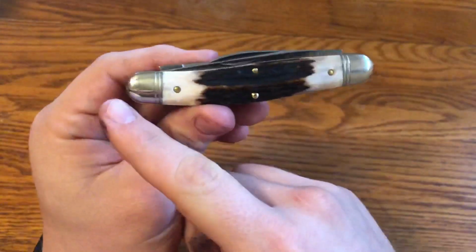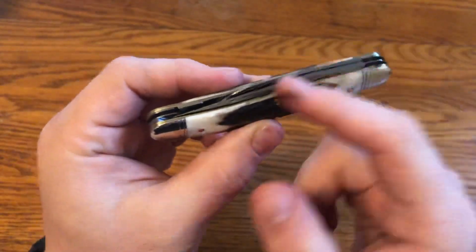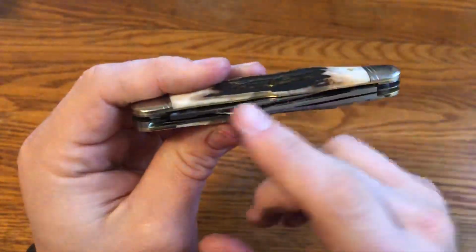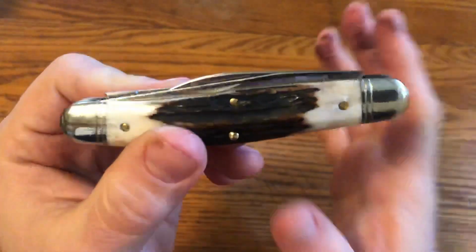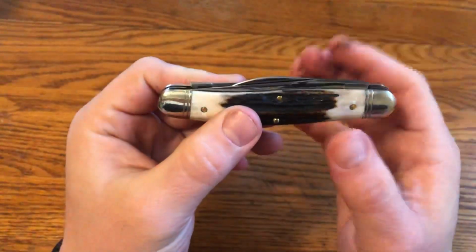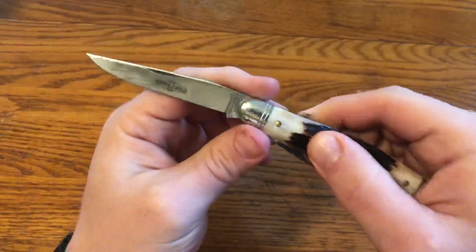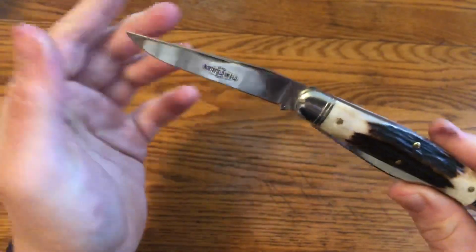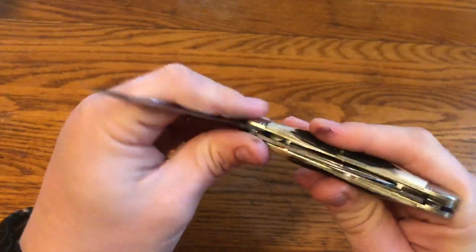So it's a serpentine equal end pattern, and this is a stockman. So there's a main blade that takes up one of the springs, and then the second spring has two smaller blades. So this is a stockman style pattern, but the blade shapes are a little different than your typical stockman. It does have a clip point for the main blade, which is pretty typical of a traditional stockman. It's more of a Turkish clip point, which isn't the most traditional, but still a traditional blade shape for a